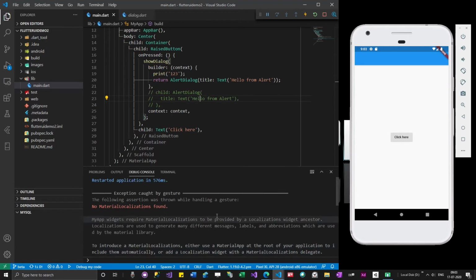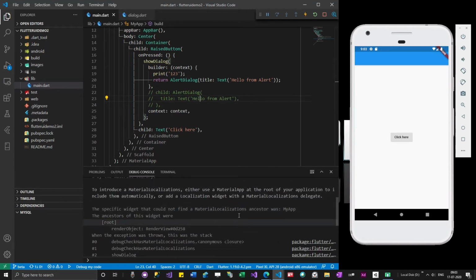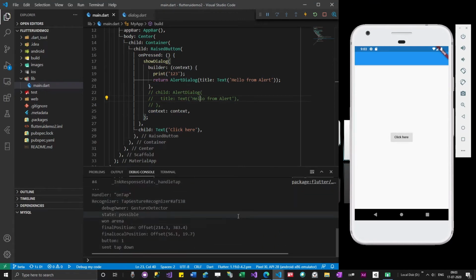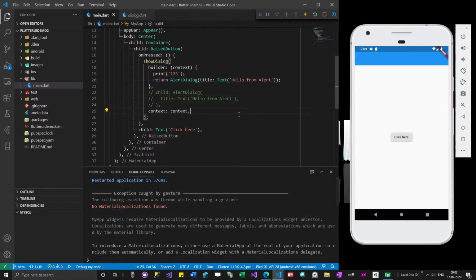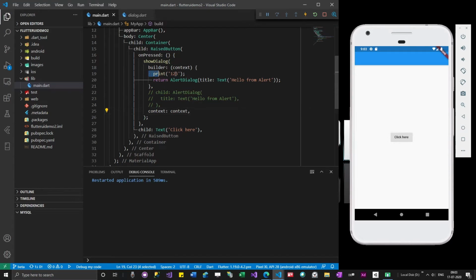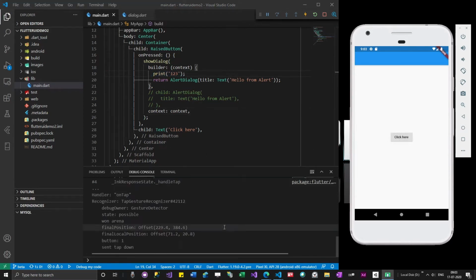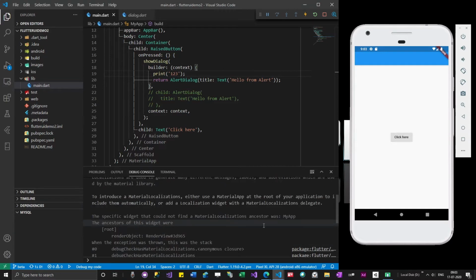I know what the fix is actually, I'm just going through this error to see whether it makes any sense. But I really want to see this print 1 2 3 message, and it's not showing. That's okay.